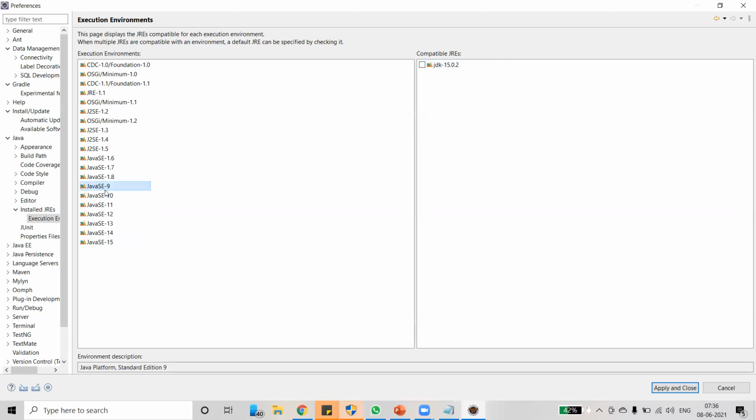Coming to Standard Edition 9, we don't have any installation for it, that's why it's not showing. It's showing only Java JDK 15.0.2, which is the one we have installed, that's why it shows the environment as JavaSE-15. So you can install the latest or older versions of JDK and execute your Java programs.